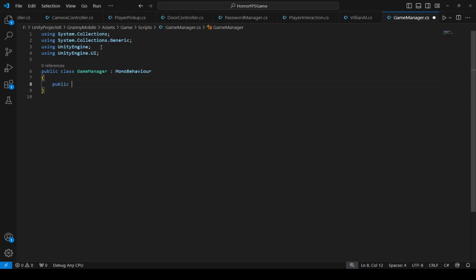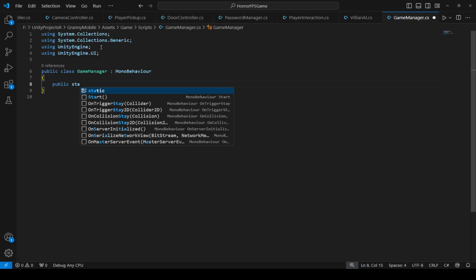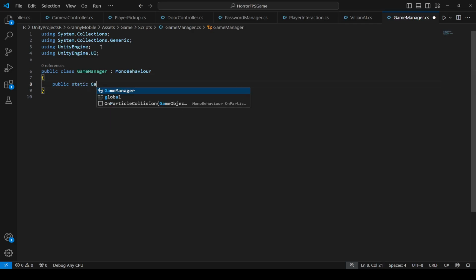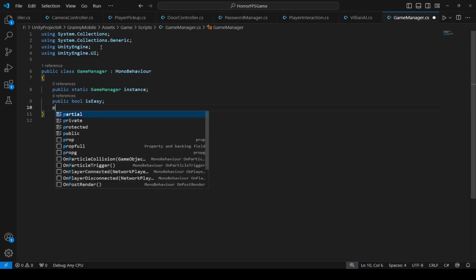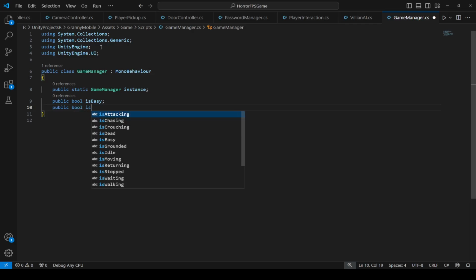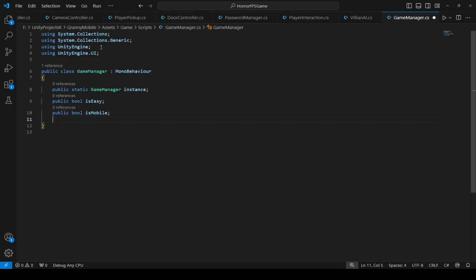Then let's make an instance for this script, so we will say public static GameManager, name it as instance, alright. Then create a bool by the name of isEasy, then another bool by the name of isMobile, then create a public integer by the name of maximumDays,